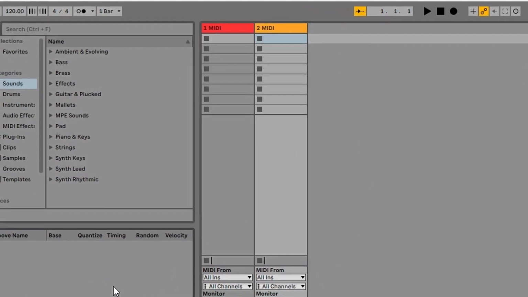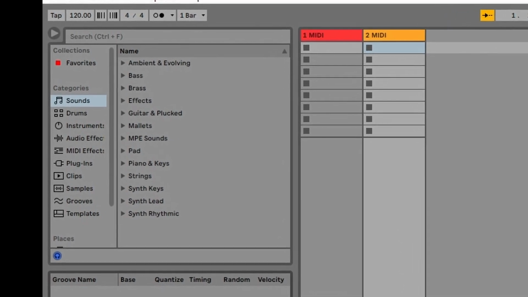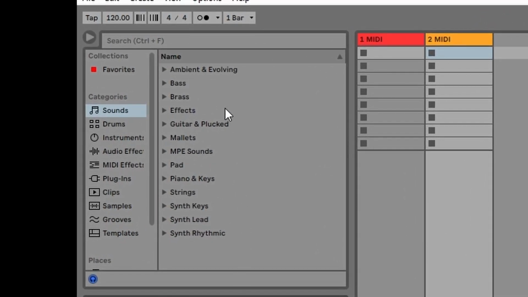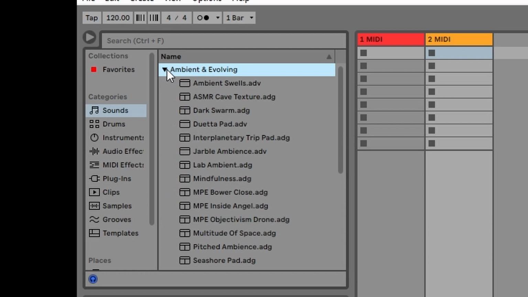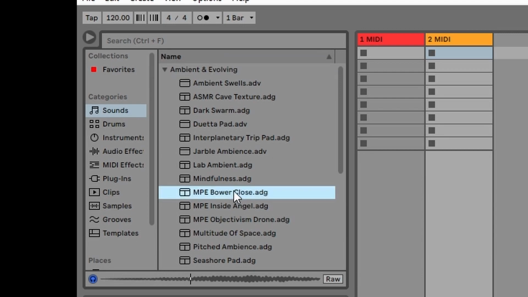The sound we're using today is called MPE Bower Close. So up here under collections, we click on sounds, then we click on ambient and evolving, this small arrow here, and we're down here at MPE Bower Close. Here's how that sounds. You can mute using the small headphone icon,